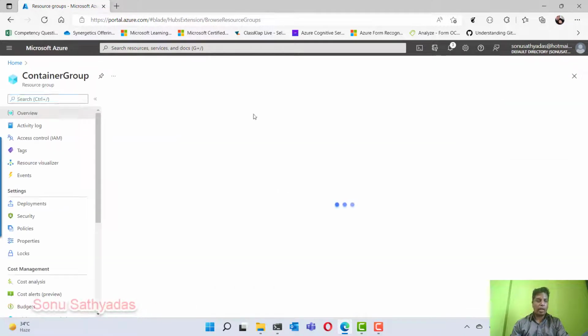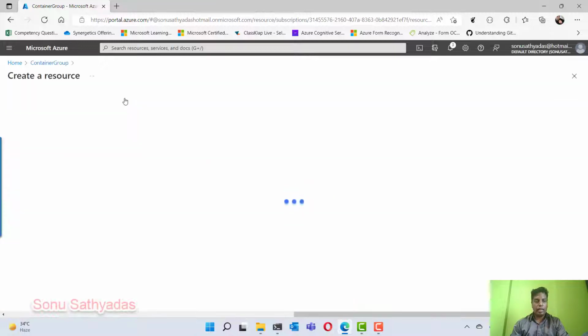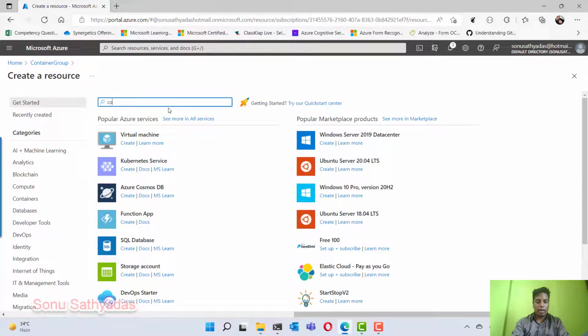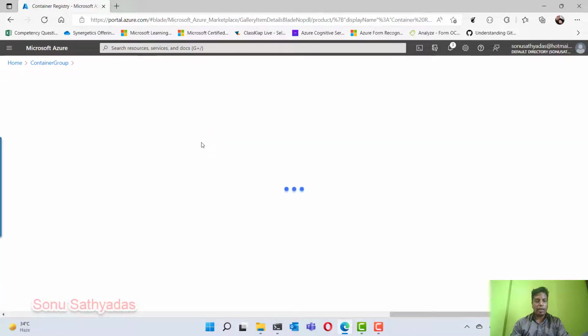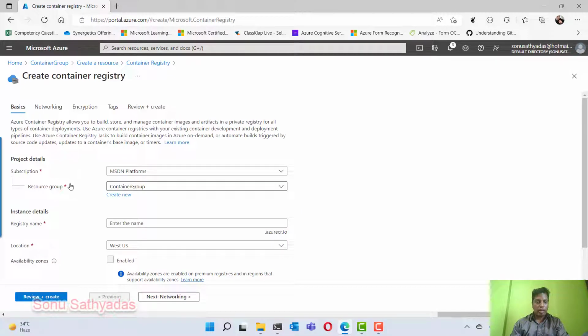Okay, so you can see my resource group is created. Inside this resource group, I'm going to create my container registry. So I'll just go to create and search for container registry. And I can specify the container registry name, location, and SKU. So here we can see my subscription, a resource group, and here I can specify the name of the container